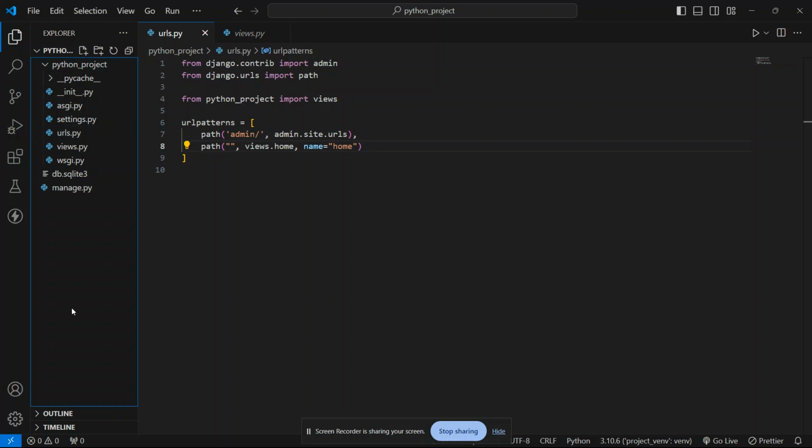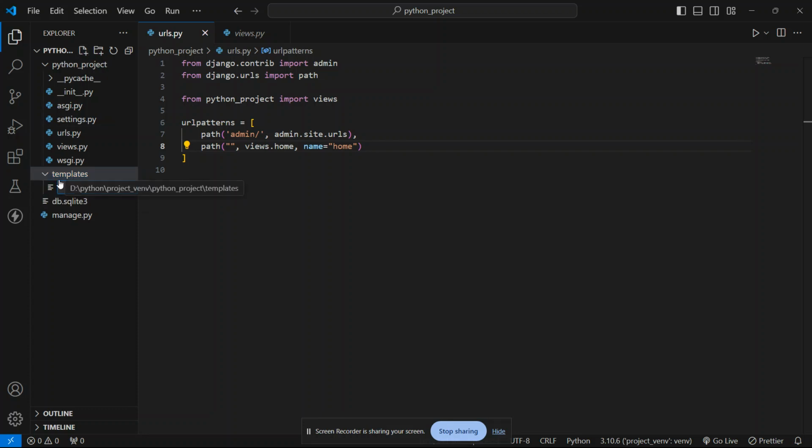So at first I take it out from this, and then click into this folder, and I have to name it templates. Just look at the spelling, because if we give it wrong, we will face some difficulties.